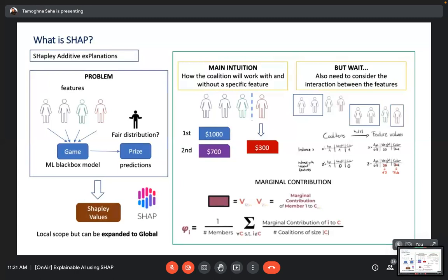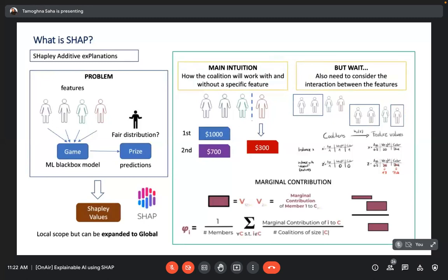Similarly, you will get a lot of these combinations. Suppose you are keeping the fourth out of the equation, but you're also keeping three out of the equation. That way you will get a lot of combinations where the fourth member will not be present. Fourth alone is not present. 4 plus 3 is not present, so technically 4 is also not present. 4 plus 3 plus 2, the second member, is also not present, so hence technically 4 is also not present. In this way you will get all the possible marginal contributions. You take the mean of them, and that is the Shapley value, or the feature attribution of that particular model.